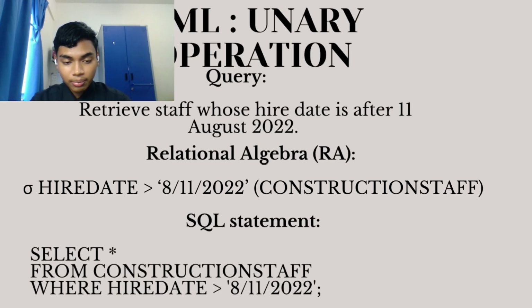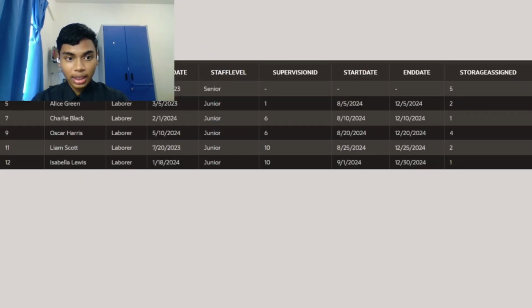The relational algebra should be like this: select hire date, the date 8/11/2022, from construction staff. For the SQL statement, select all from construction staff where hire date is more than 8/11/2022, following the query where the date is after 11 August 2022. And the result should be like this, where